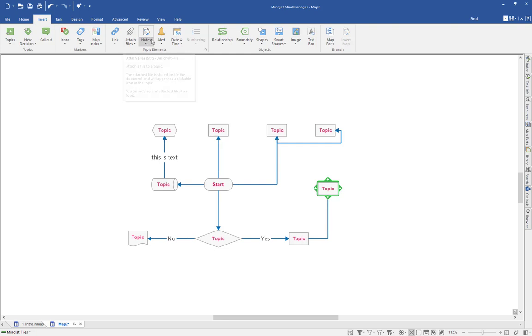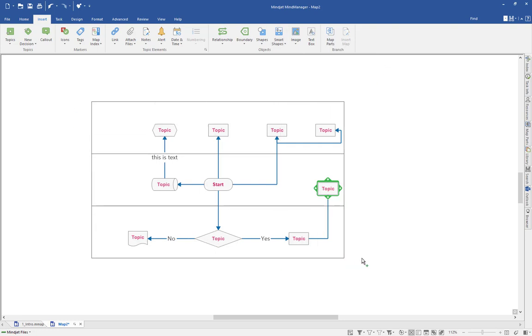I can insert also other elements, but I have also the possibility to insert, again, other relationships and boundaries or shapes, or even smart shapes. Swim lanes, we call it SmartShapes because there's a little bit functionality behind it. This is a drop-down menu. I have to decide, do I need a horizontal or a vertical swim lane? In this case, I want to have a horizontal swim lane, 3 lanes, and then I just click with a